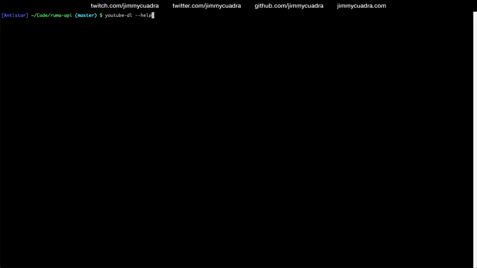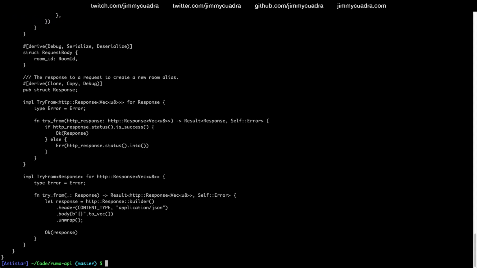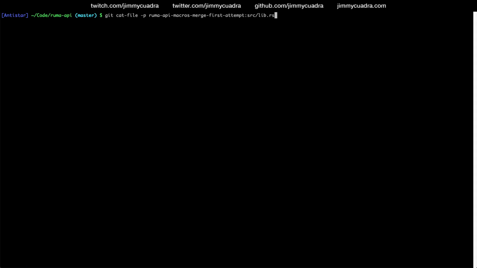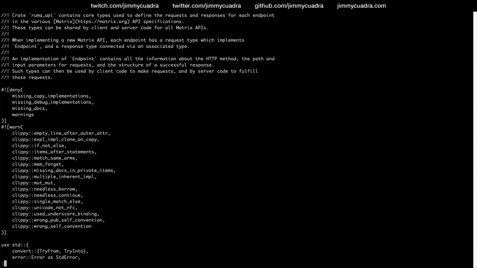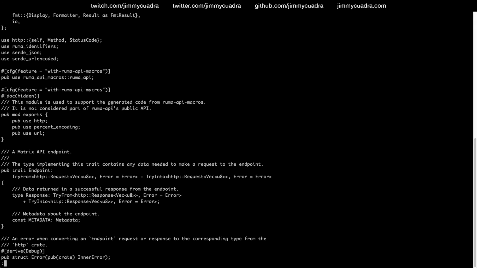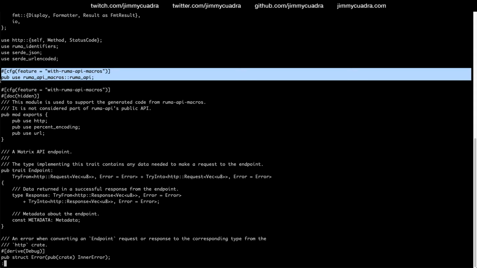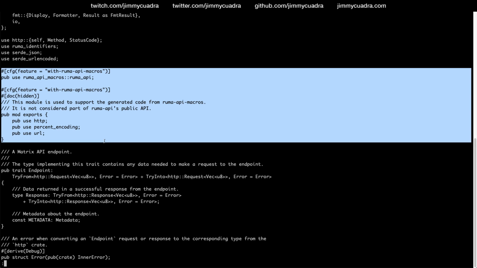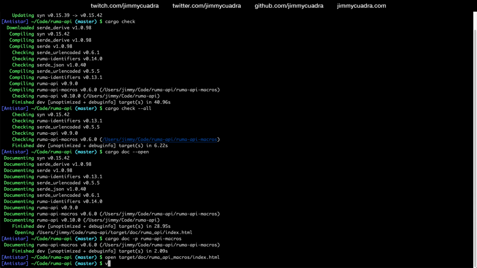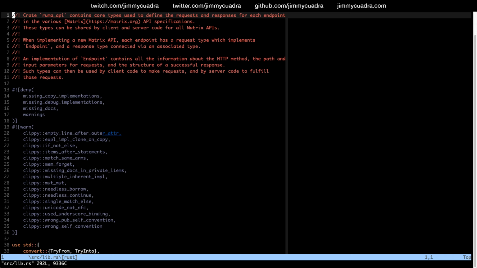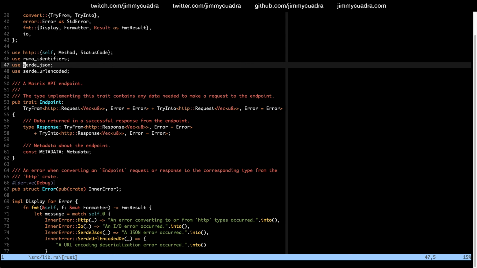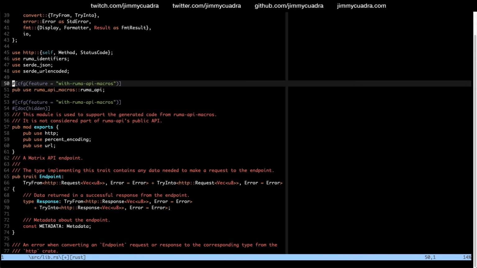And I think, let's see, let me go back to that cat file thing. So I think the way this worked was, it was under src/lib.rs. Oh, let me pipe that through less. So what did we change here? Aha, so this is the other thing that was added. This stuff here. We want to stick this into src/lib.rs after sort of URL encoded. So what we're doing here is we're saying if the cargo feature,